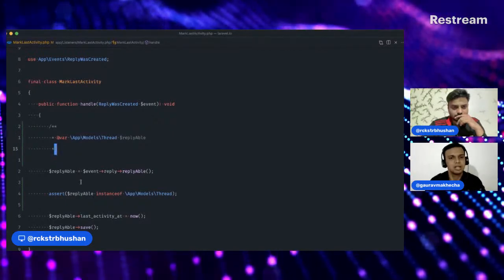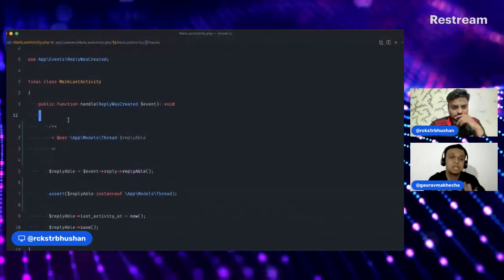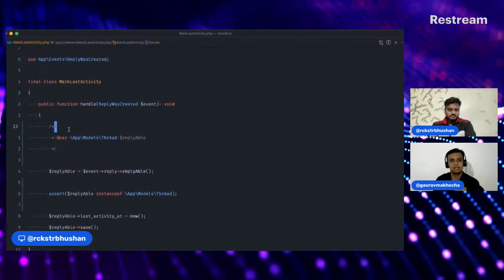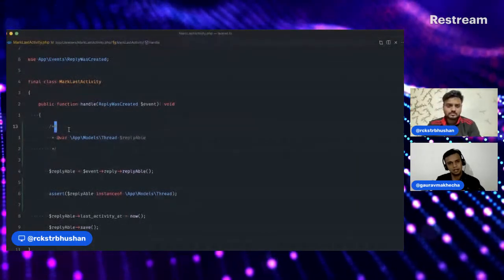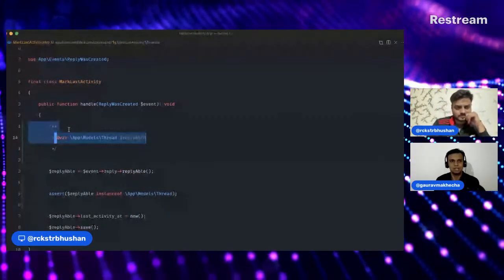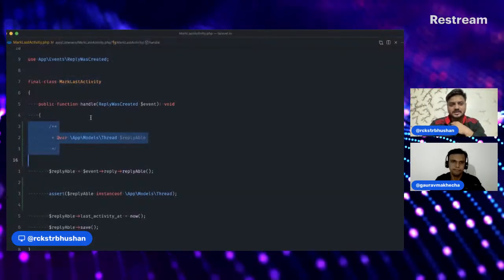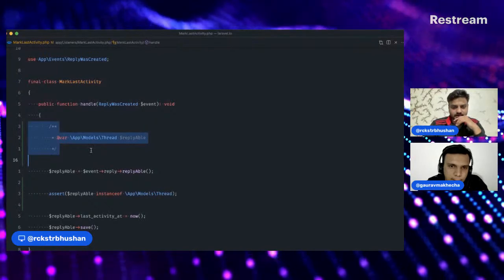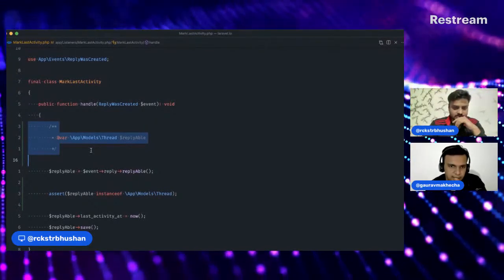So this is the proper way of making sure that something is an instance of the right class. In that case we don't need that doc block. We can remove that doc block and it will still work because PHPStan looks at that and confirms. It knows that the execution is not going to work otherwise. We already know that, which means that we are fine even without the doc block. Do you think it is right, like in mark last activity? We are preventing any activity if the user is not. You may remove the doc block.